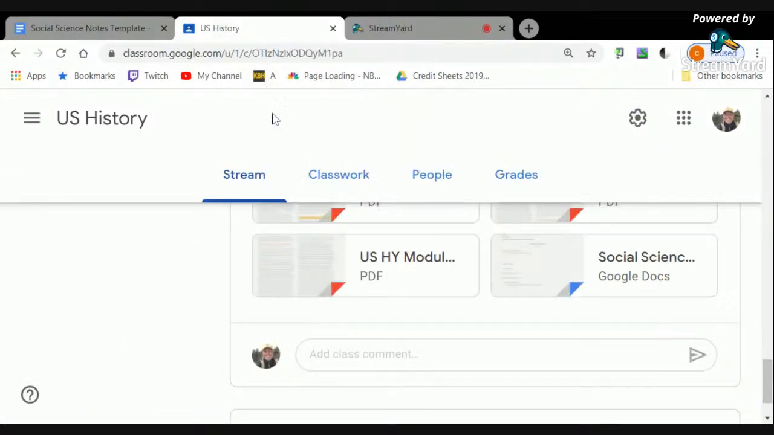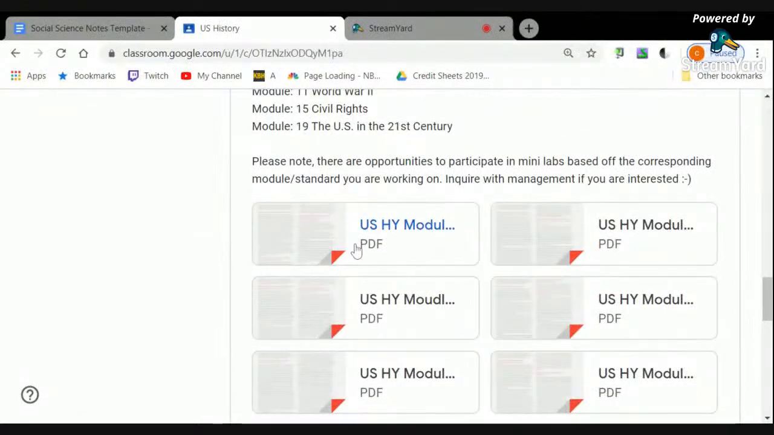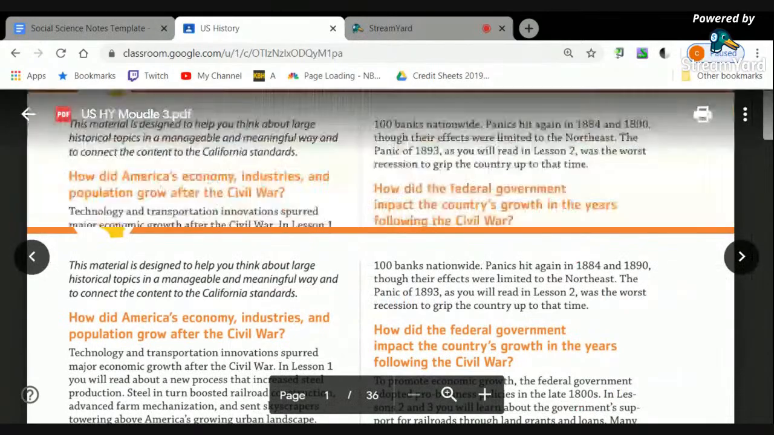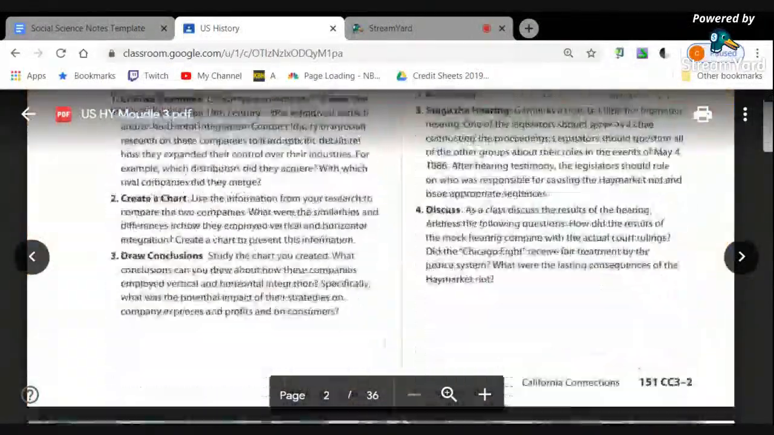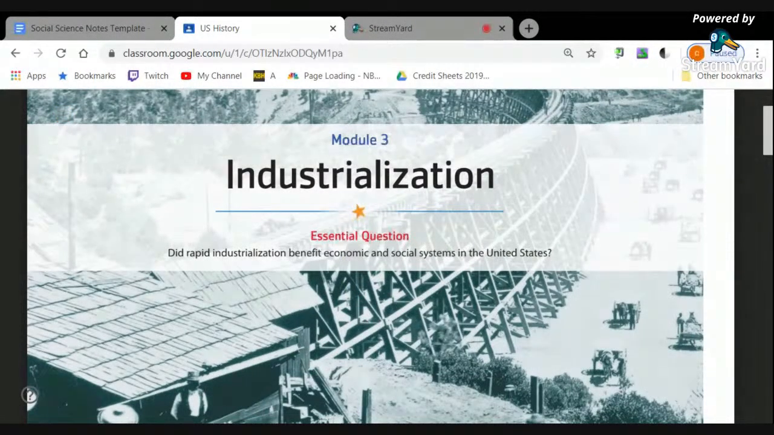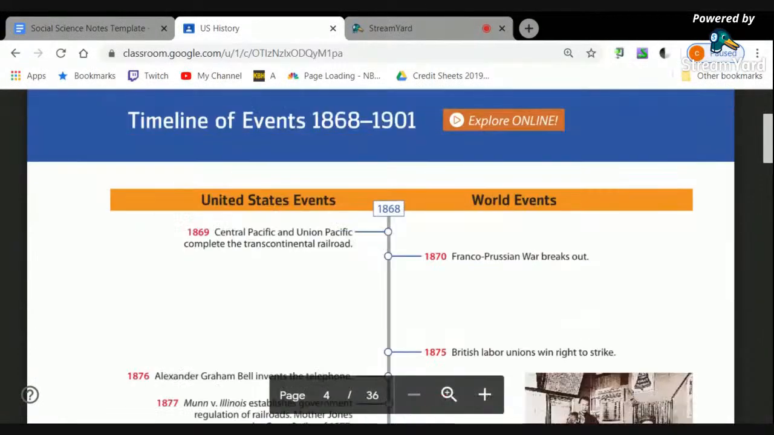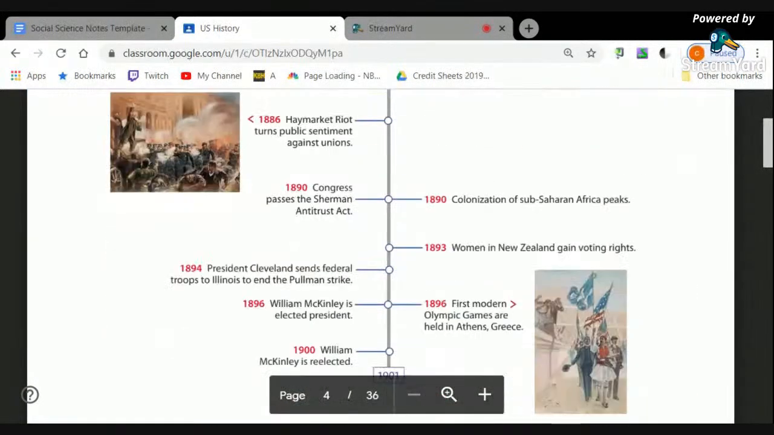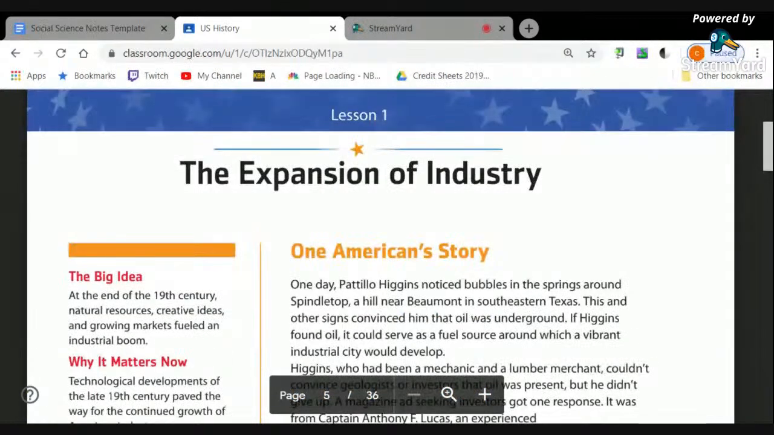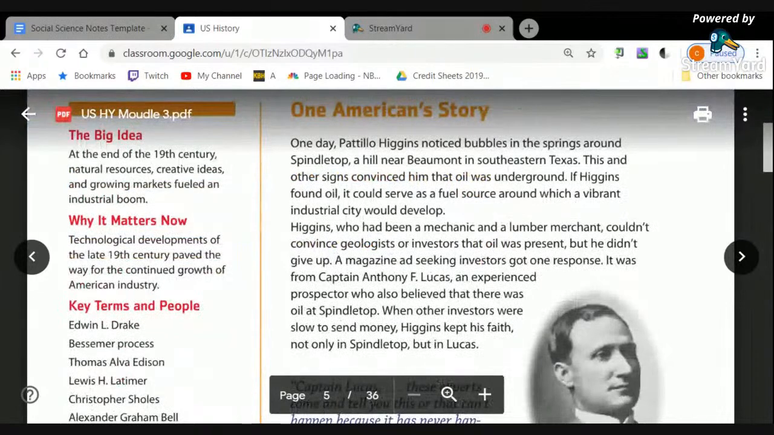So let's look at this specifically. If we click on module 3, I'm going to scroll down until you see module 3, industrialization. You can see the essential question is right on the top here. So that's what you're going to be writing down in your notes. You usually have a timeline. And then we get to lesson 1. So you'll write lesson 1. You also write the expansion of industry down. And then you can see the big idea on the left-hand side, the why it matters now, the key terms